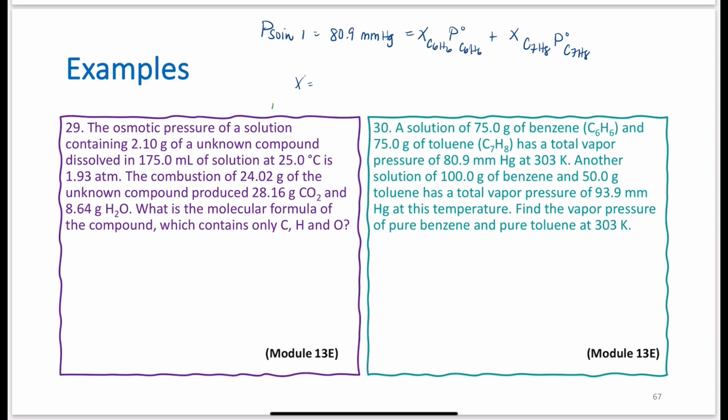I know my mole fraction. 75.0 grams of C6H6, let me calculate that out, the molar mass is 78.11. This gives me 0.960 moles of C6H6. If I figure out the number of moles,